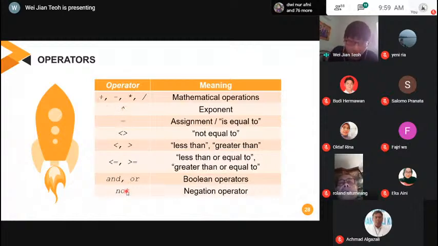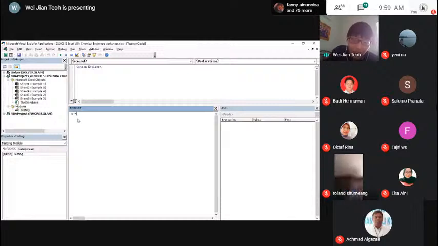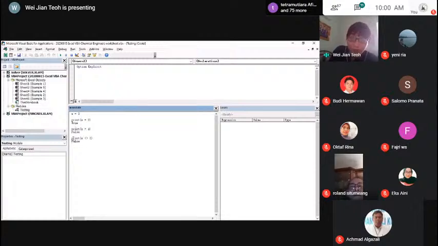So let me go back to this VBA. I'm going to delete all this just to make it easier to see. And let's say x equals 2. Then I can use a comparison. Let's say I print x = 2. You get true because x is equal to 2. Print x = 4. False because x is not equal to 4. Print x <> 2. False because x is equal to 2. So some of this logic can get a bit confusing.